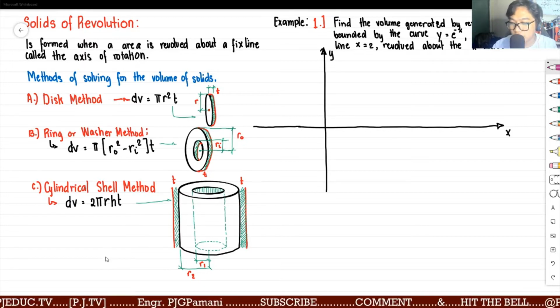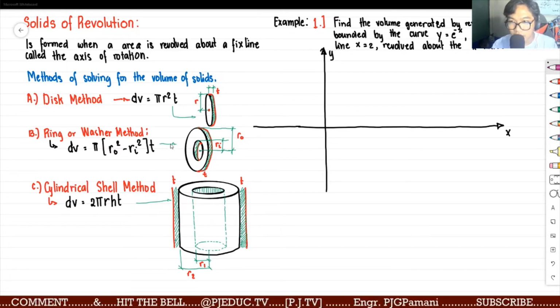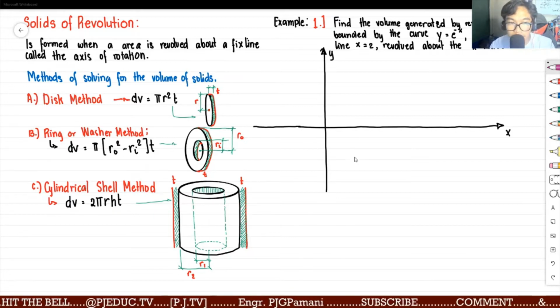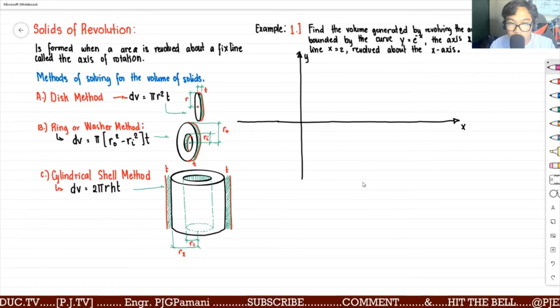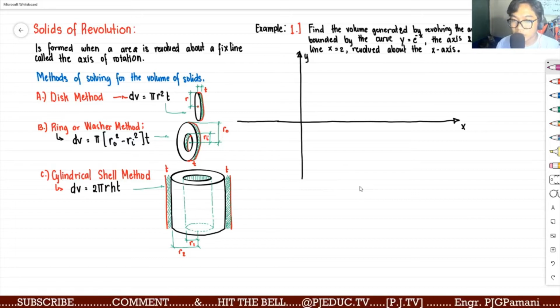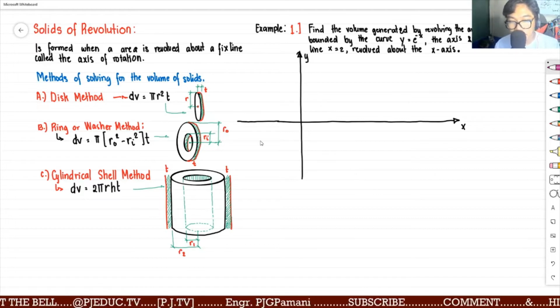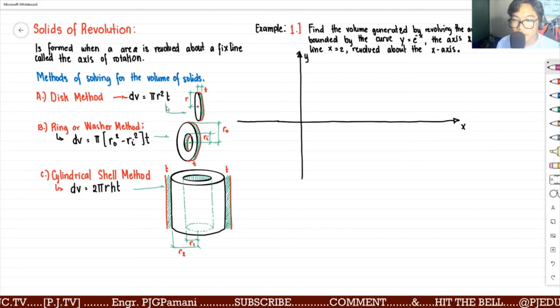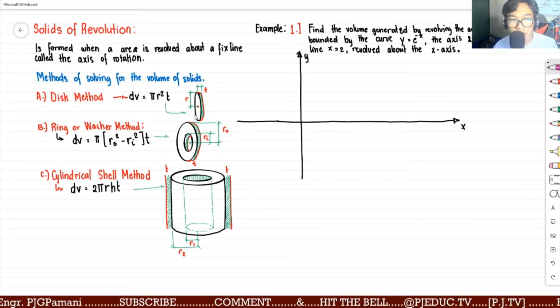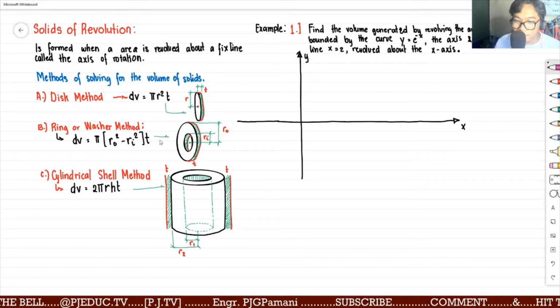The cylinder is usually used with respect to horizontal elements, while the washer and disk methods are under vertical elements. So we apply again our area bounded using vertical and horizontal elements, but we will no longer apply the up, bottom, left, right element type. With this, we need to identify the radius equation with respect to the thickness of the curve, which the curve will revolve. So for our first example,